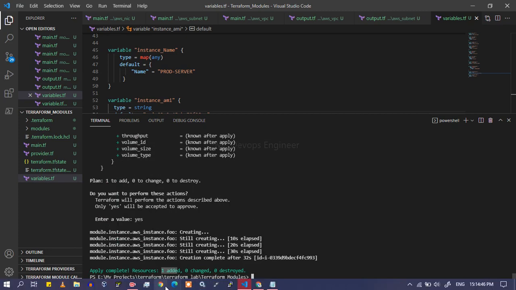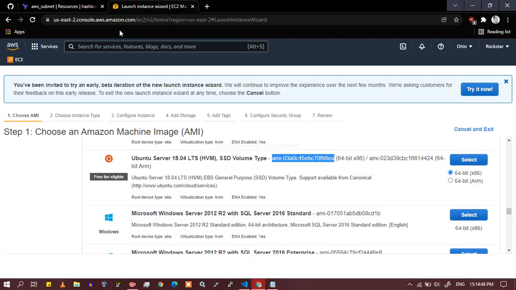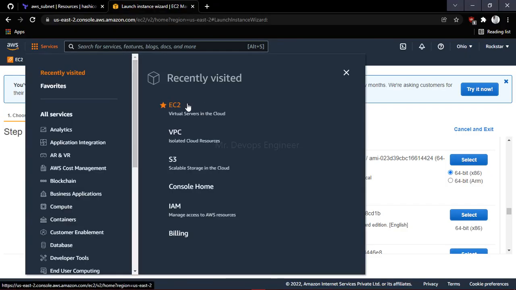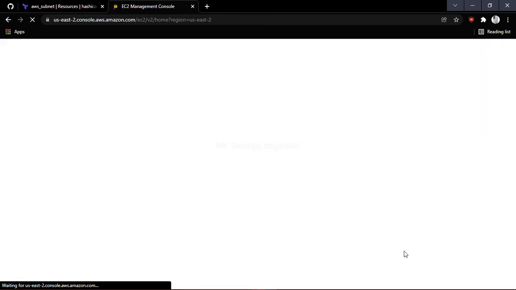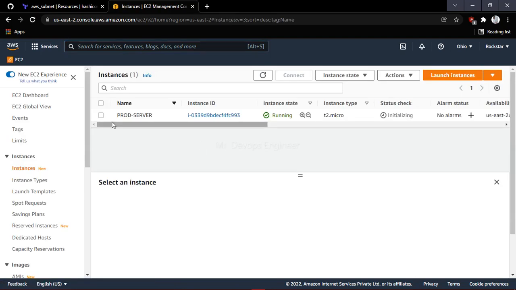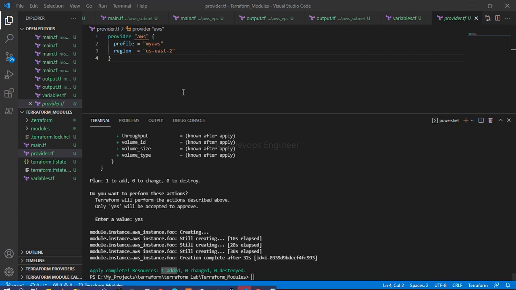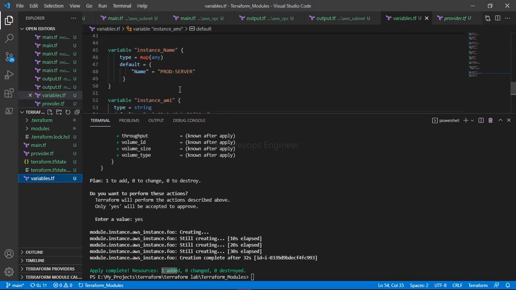Once this is done, let's verify the resources, whether I have any EC2 instances or not. So here you can see I have prod server running here, the same name I have given in the code, right? Let's go to the variable, and where is the EC2 instance name? This instance name, right? Prod server is there, right?